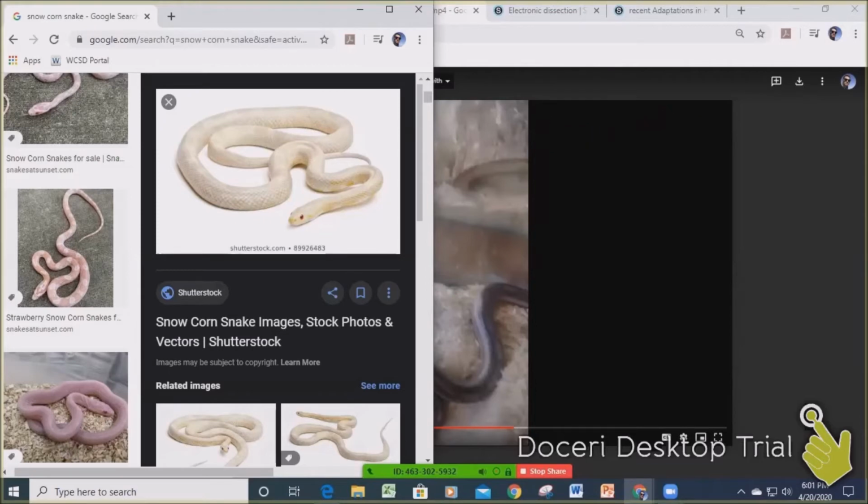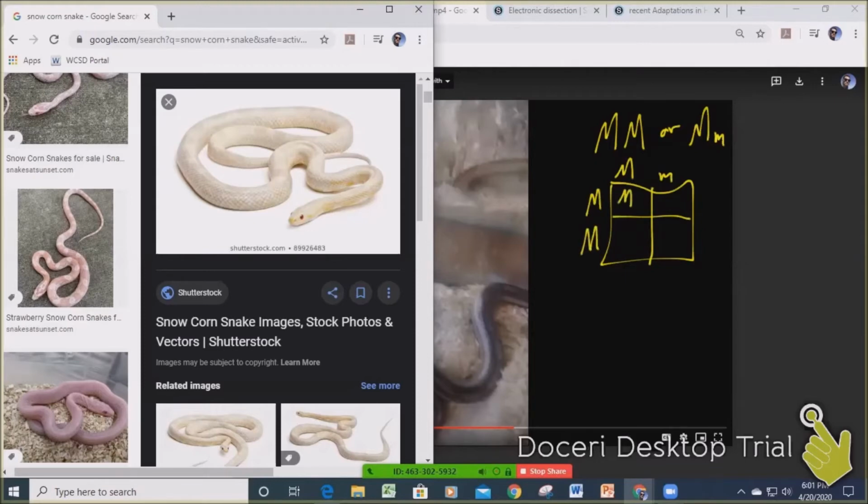So I have these two corn snakes that mated, and while I was waiting on the eggs to incubate, I made an incubator, and it took a couple months. They actually hatched during school, which was really cool, around 1 October. What I didn't know was if the parents were big M, big M, or big M, little m. Now let's say that there was one of each. So if one parent was big M, little m, and the other was big M, and you do the Punnett square,